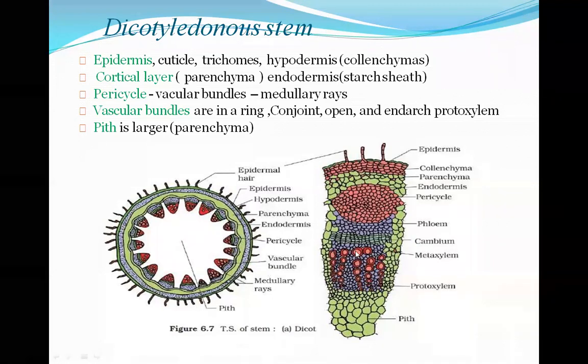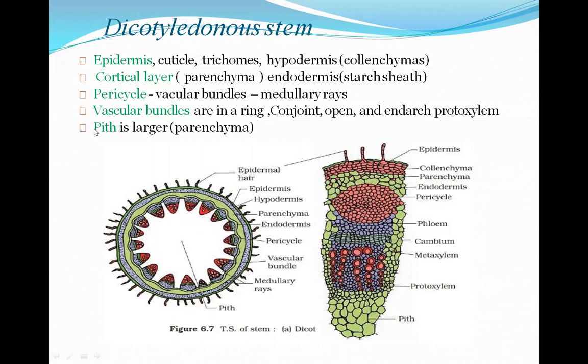From this figure you can easily understand that this is the phloem, right? There is a cambium ring present in between, and then the xylem is there. So if first the protoxylem is there and after that the metaxylem is there, then it is known as endarch. And if the metaxylem is first and the protoxylem is after that, then it is known as exarch, right? So here, as there is presence of a cambium ring in between the phloem and the xylem, the secondary growth will be observed, right?